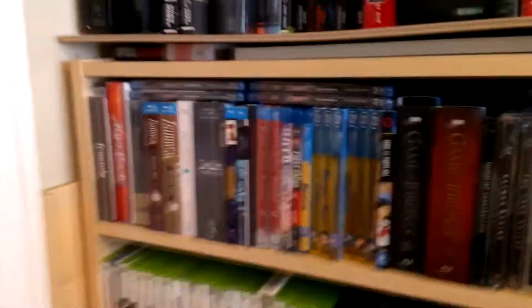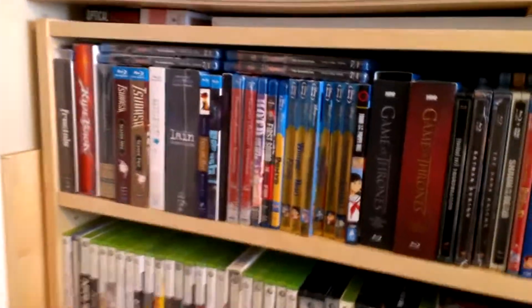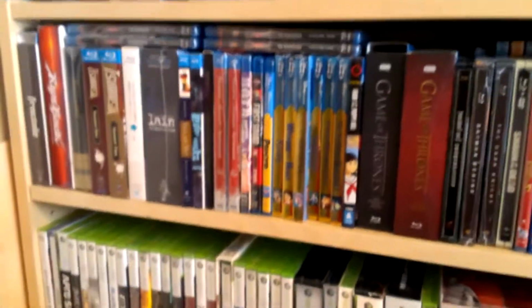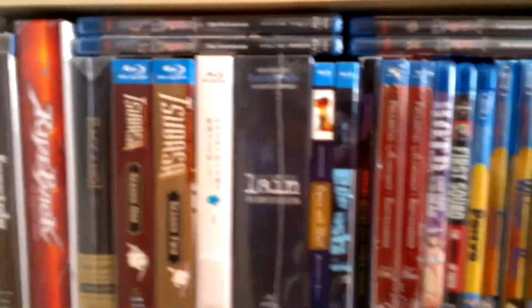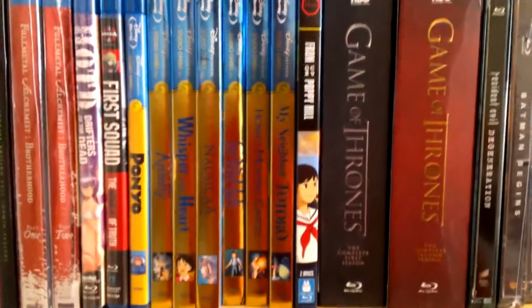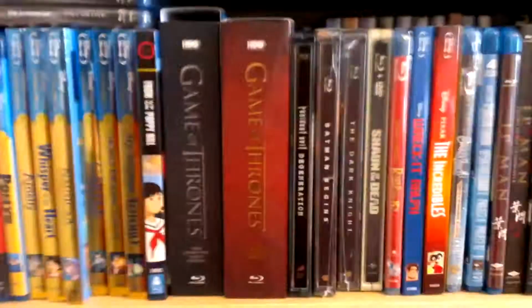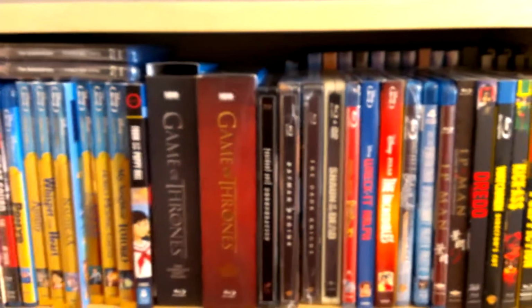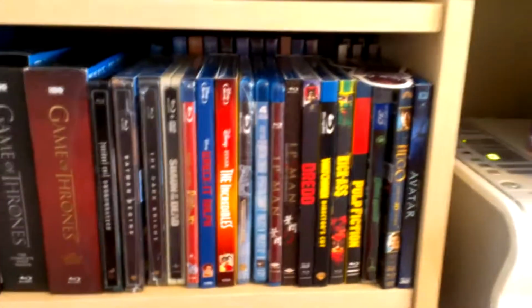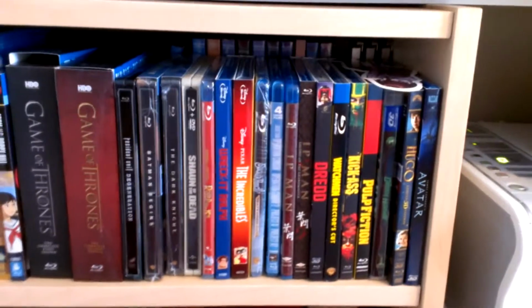Going back down here, this is my Blu-ray collection. All these shelves are double stacked right now because I don't have that much shelf space and I have a lot of stuff. But as you can see, it's a lot of anime. Some stuff's on top, there's stuff behind there. I have a lot of the Ghibli movies. I'm only missing, I think, one on Blu-ray right now. And then, of course, Spirited Away and Mononoke are not on Blu-ray yet. The Game of Thrones seasons, Blu-ray, Resident Evil, some other action superhero films, Ip Man, some Disney stuff,